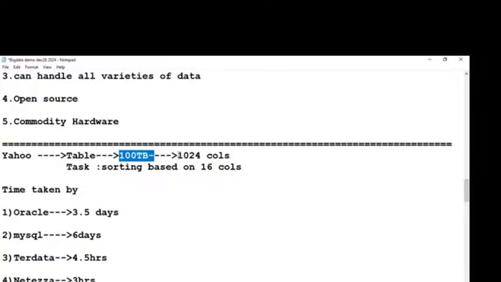Oracle can go with a maximum of 256 nodes. Beyond that, it cannot support even databases like Oracle. For example, sorting based on 16 columns, even if all 256 nodes are used by Oracle, took 3.5 days. To process this 100 TB of data, it is just like your mobile phone: if it is given 64 GB internal storage, and you have filled all the 64 GB,